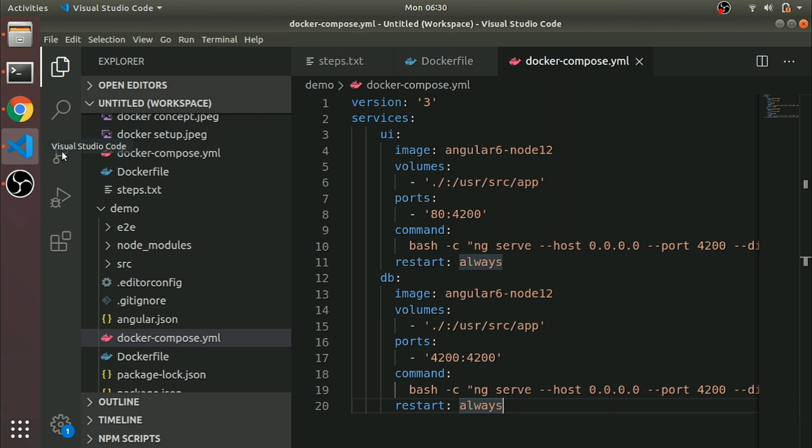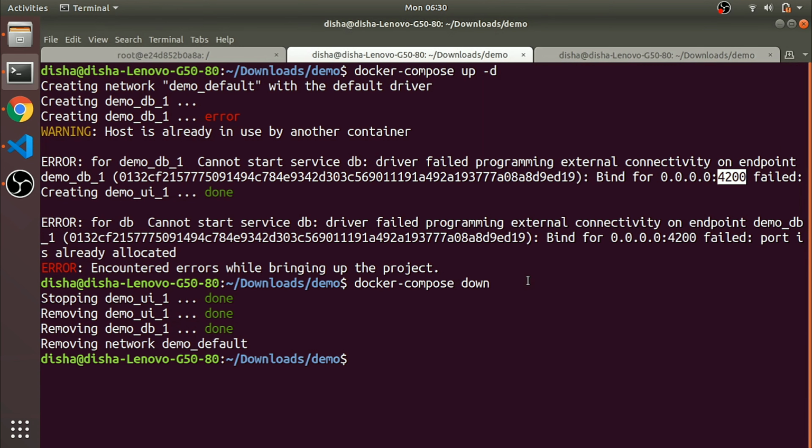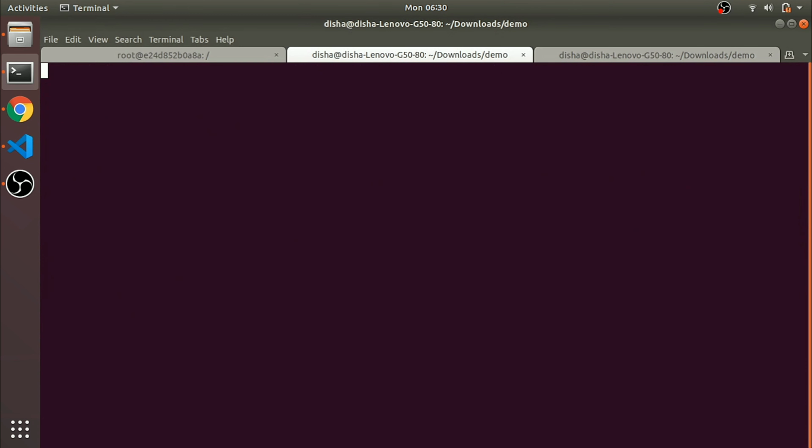So we'll change this to 4100, save, then go back to the terminal, do a reset, and run docker compose up. This time I'll leave off the -d so I can show you what happens. The logs will be here only, no need to type docker logs -f with the container name.